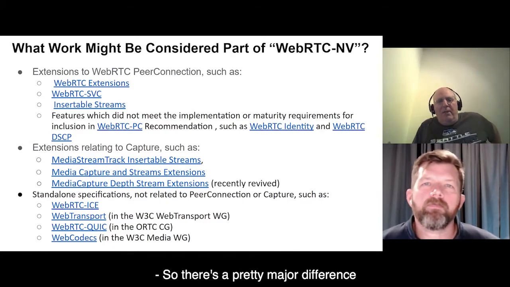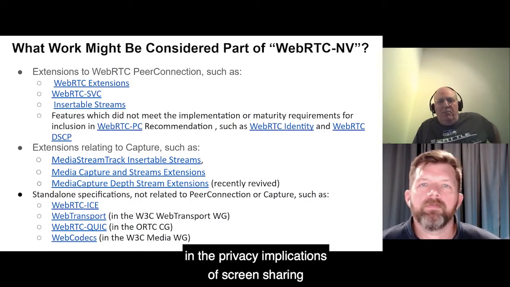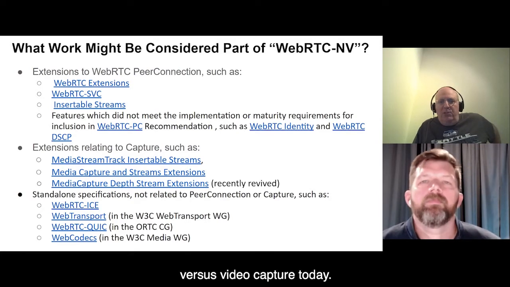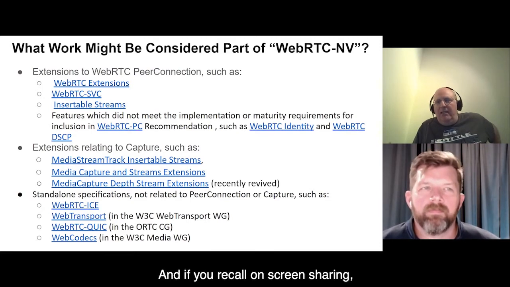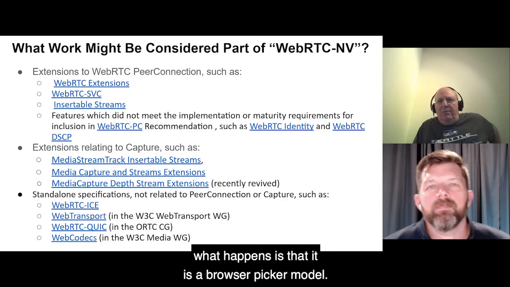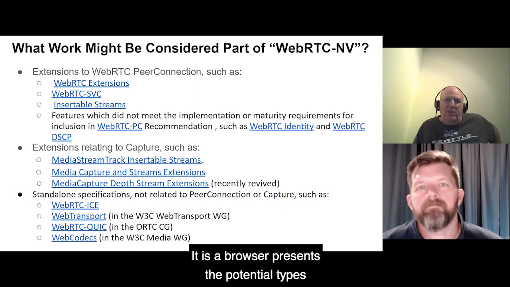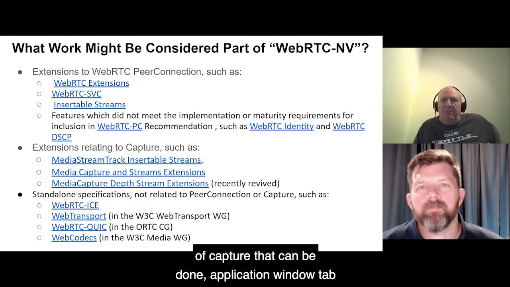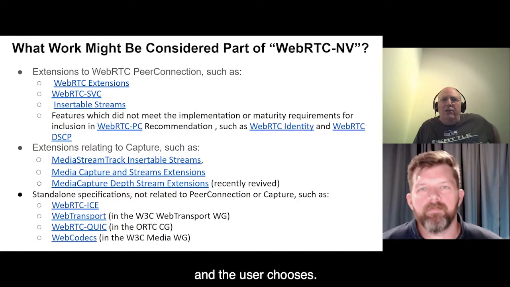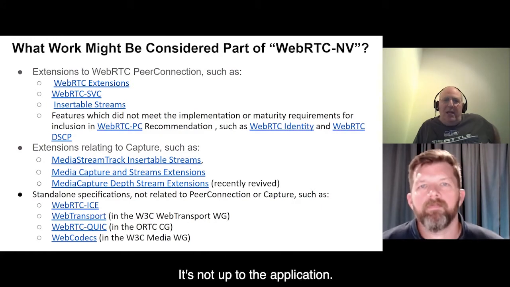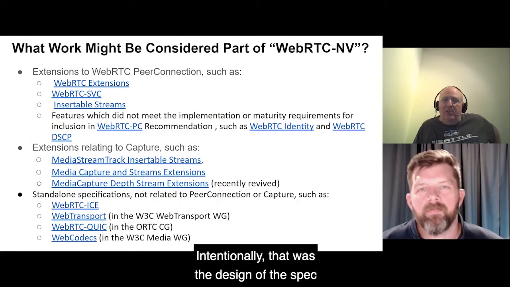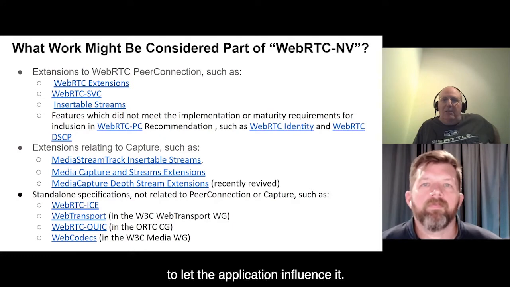So there's a pretty major difference in the privacy implications of screen sharing versus media capture today. And if you recall, in screen sharing, it is a browser picker model. That is, the browser presents the potential types of capture that can be done, application, window, tab, and the user chooses. It's not up to the application.